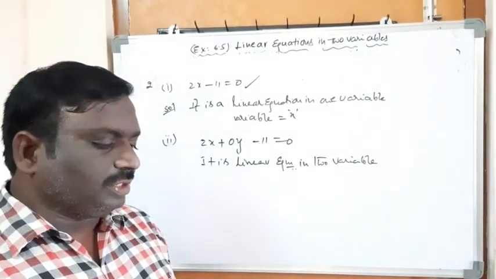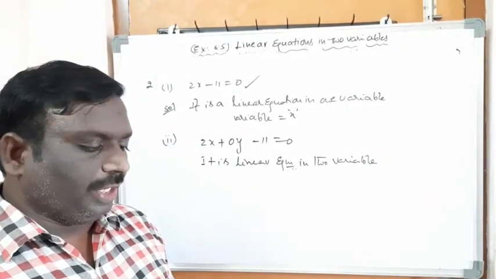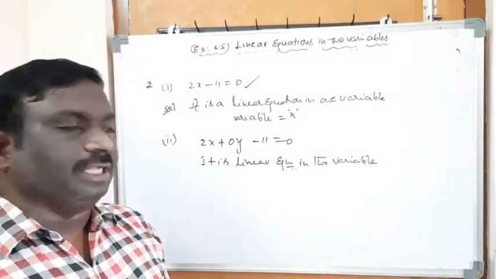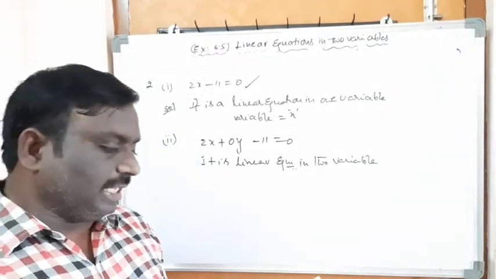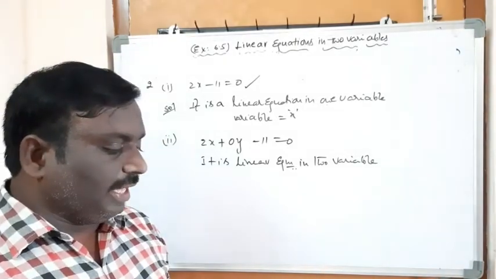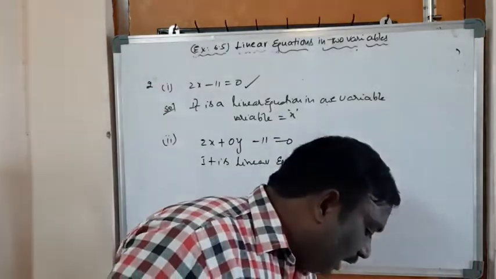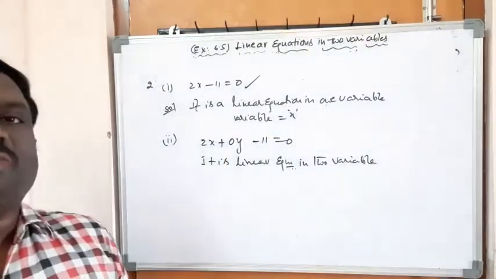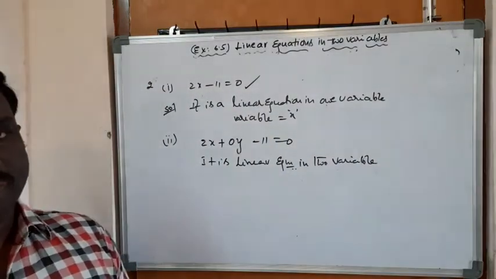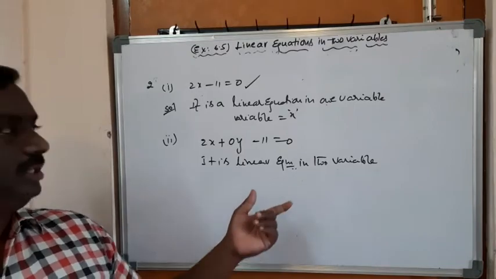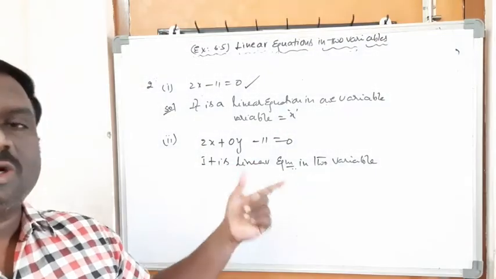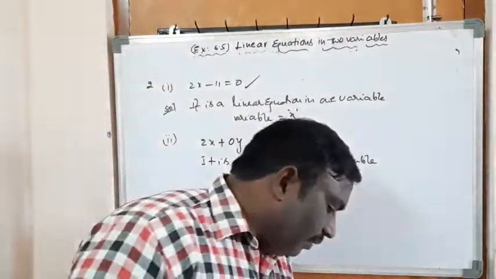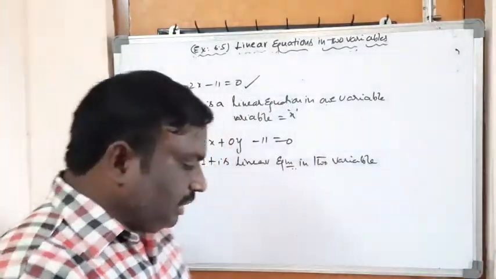Write the equation of the line which is parallel to the x-axis and passing through the point. Parallel to x-axis means, the equation of the x-axis is y equal to 0, and parallel means y equal to plus or minus k. That means the y value they gave. Y value they gave, 0 comma minus 3.